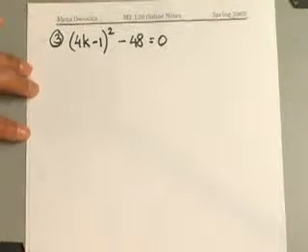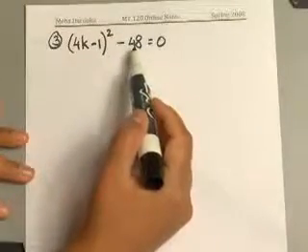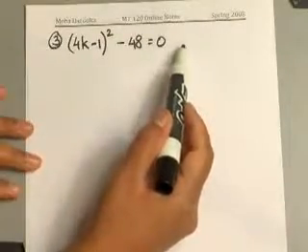Okay, another type of example. This will be slightly different from what we have done so far. So let's see how to solve this. Now again, remember, you want to try and get your squared term on one side and the constant term on the other side. So again, the first thing we will do is take our 48 over on the other side,